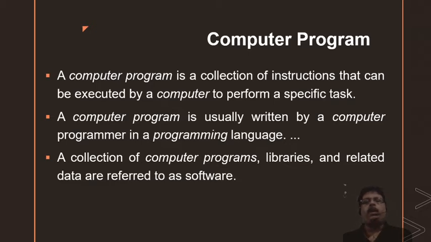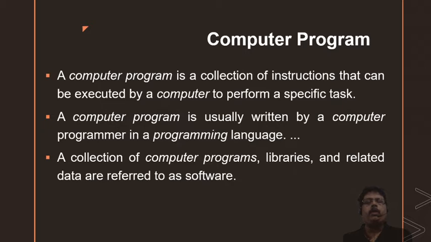Computer programs are usually written by computer programmers in computer programming languages. There are different types of languages. Some of you may be familiar with that. The program is always written in a certain language, and each language will have its own syntax. For example, there are different programming languages such as C, C++, Java, Python, .NET and C#. Like that, there are many different programming languages. You write a program in one of these languages.